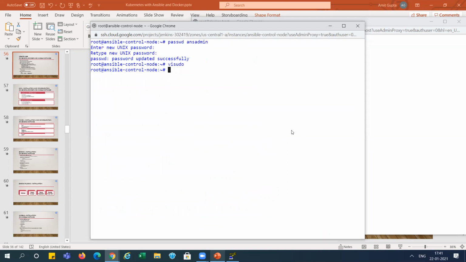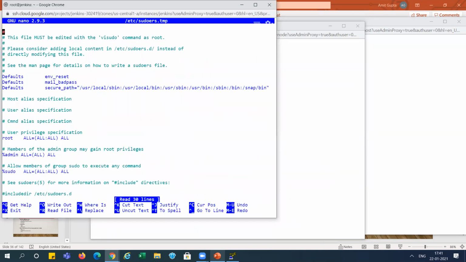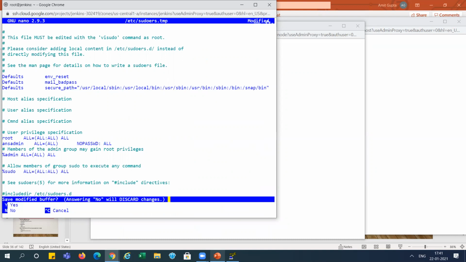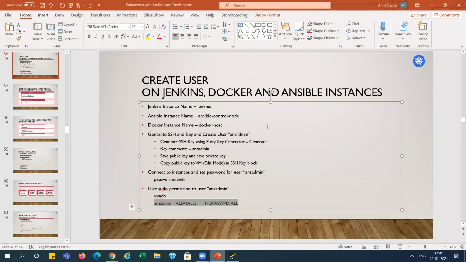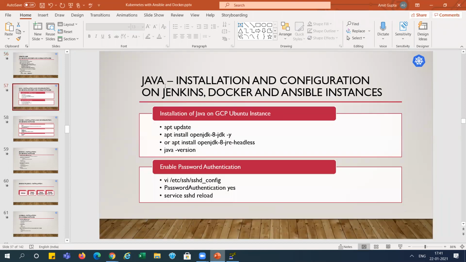Okay, we've done this one and we are giving access for the third one also. So we have done this slide. Now move to the next slide.